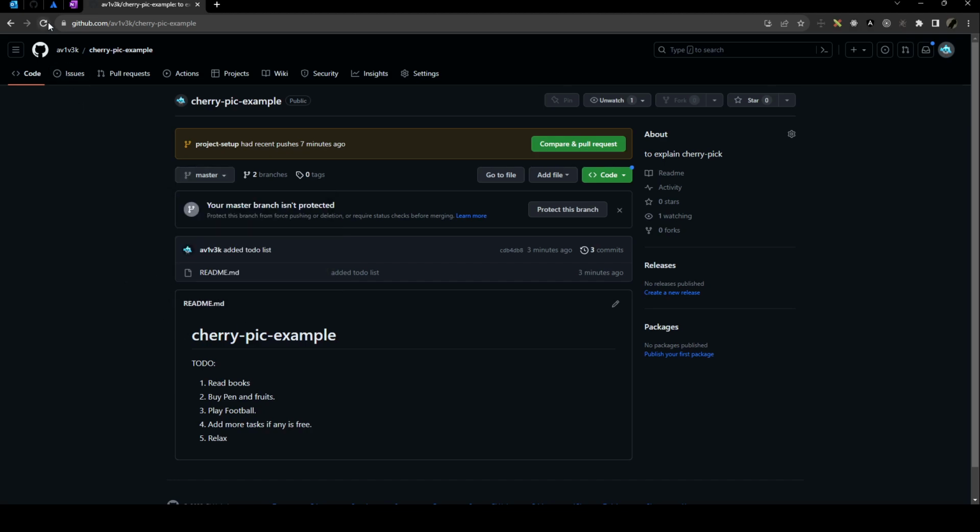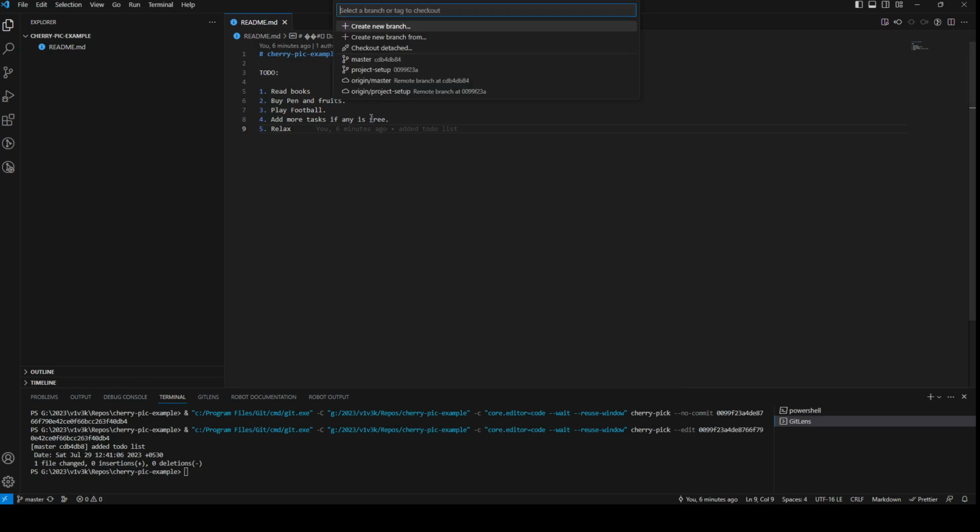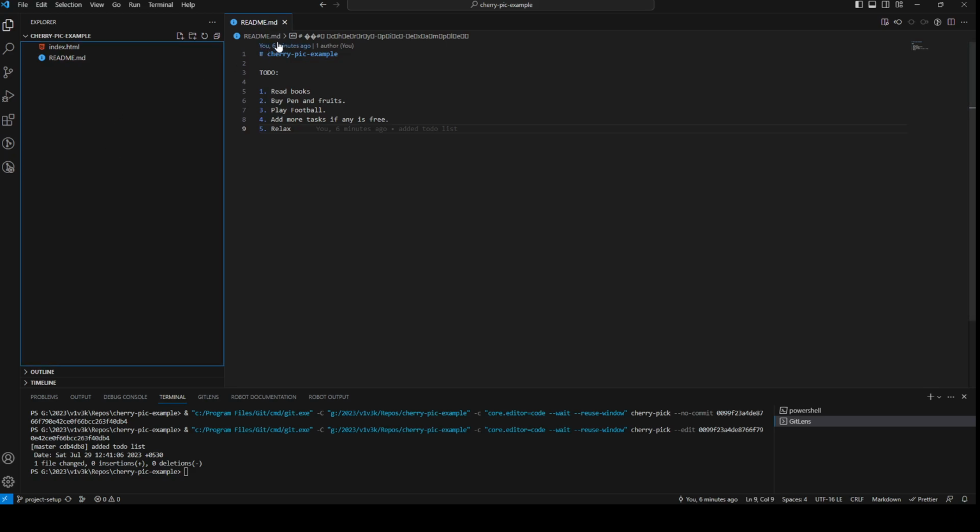So in the master we have the file list, okay, and now if I go to the project setup, let me go to the project setup. Yeah, so as you see here, I am in master now, so I'll move to project setup. Okay, so here is our project setup, and this is our readme file. Okay, now what I will do,